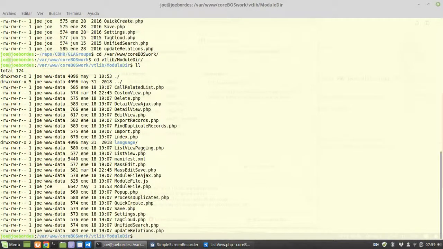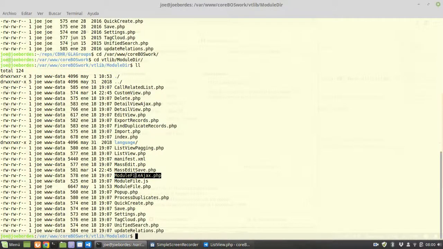When you start a new module, you copy these files and you change the names and you start adapting the module files and all the steps you do. So when you create that module, the base files are copied from here in the state that they are at that moment. So if this GLA groups was created a year ago,